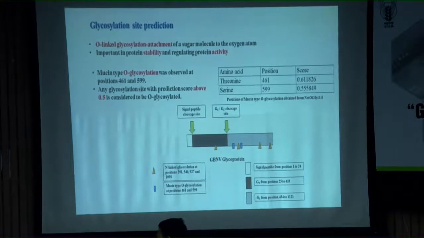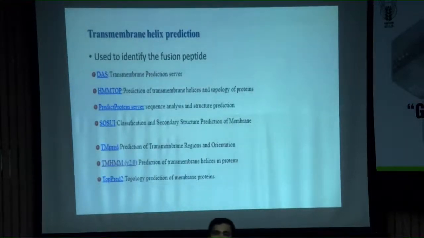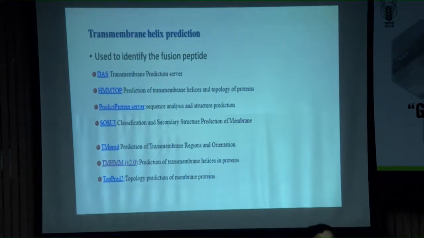Now another important feature is the transmembrane domain. This transmembrane domain helps the viral protein in fusion. You know fusion, viral fusion. So when the viral particle comes to a host cell, in the cytoplasm they come as a particle or vesicle. After that, they fuse with the cytosol. So this process is known as fusion. Unless there is fusion, there will be no infection. Okay. So this transmembrane domain actually helps in fusion.